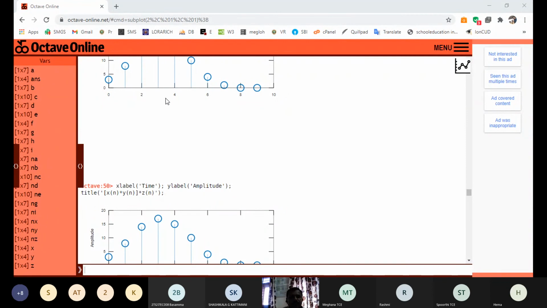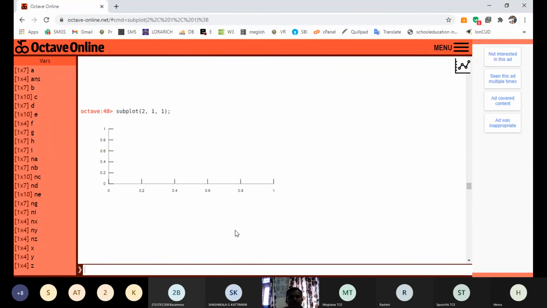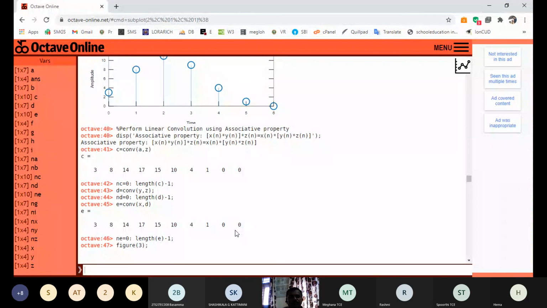Then the second part, 2B, is about performing the same properties using circular convolution. In circular convolution there is a small change in the function.